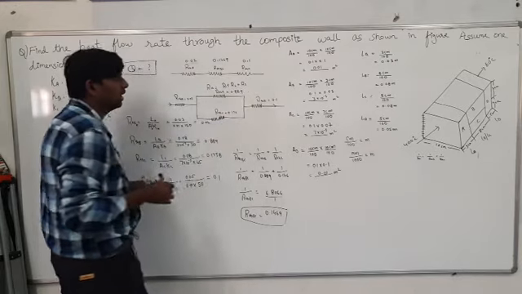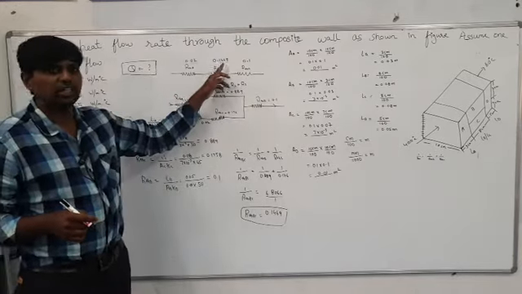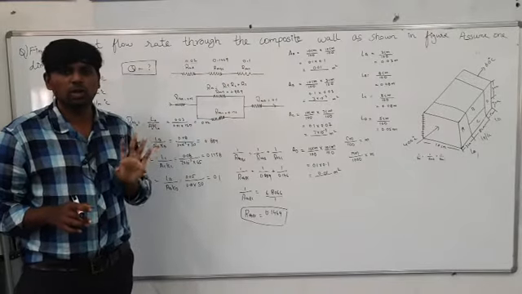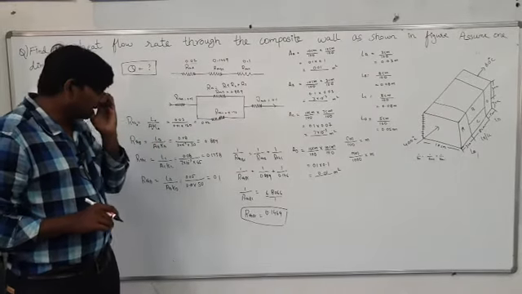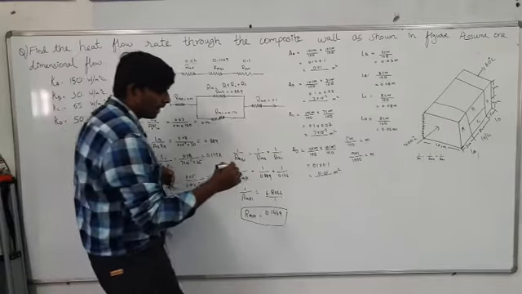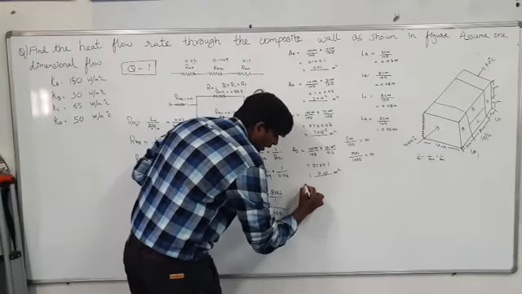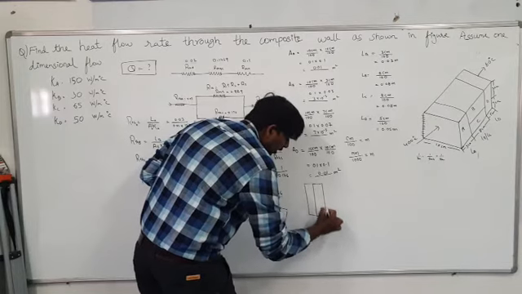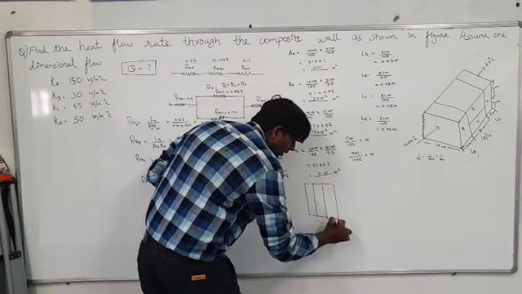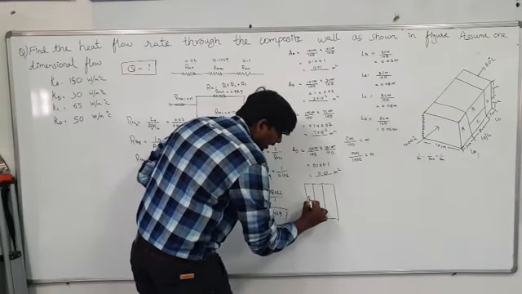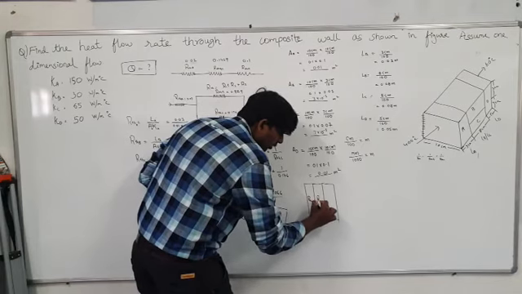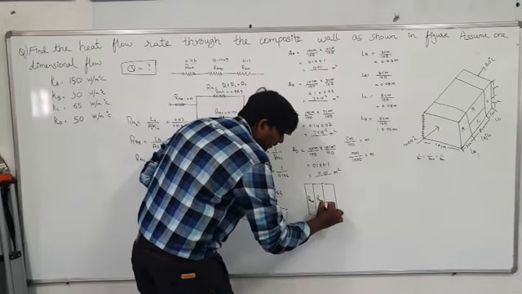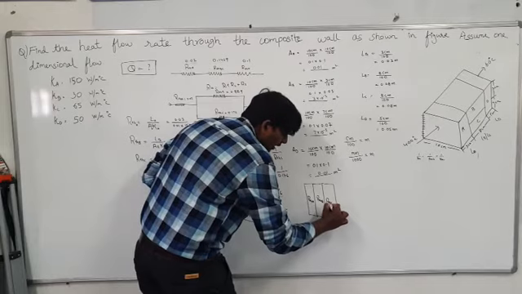This is the RTHA, RTHBC and RTHD. Here you got the series connection. Series connection means like this you can draw the diagram. As you can see here, like this you can draw. This is component A, this is component B, and this is component C. This is known as RTHA, this one is known as RTHBC, and this one is known as RTHD.